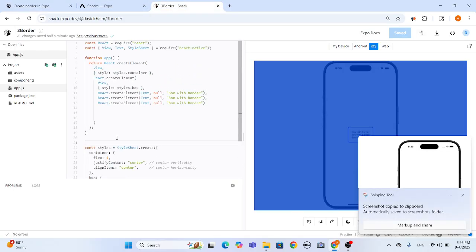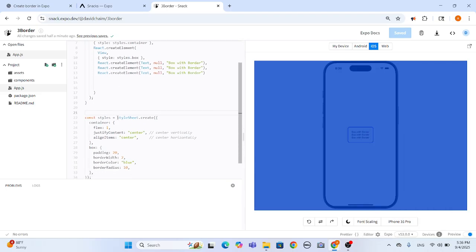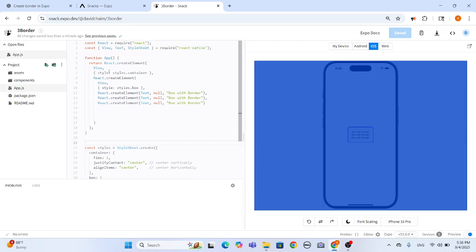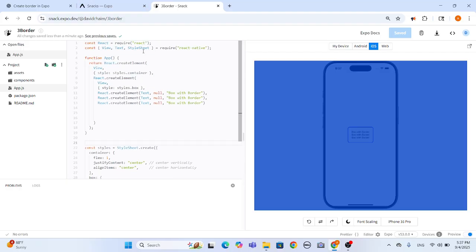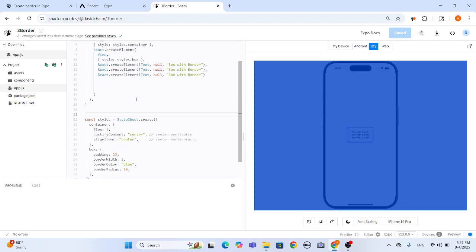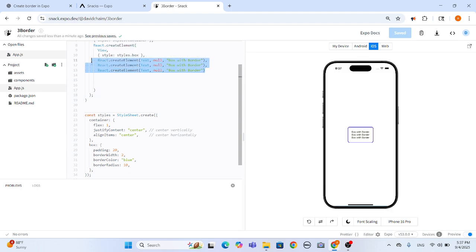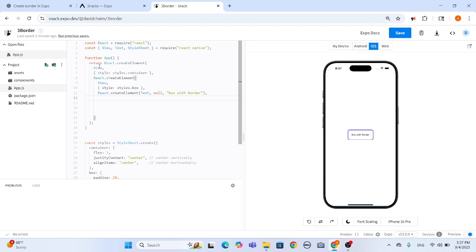Okay, so that's probably why, because view styles container, because container is applied to this one. Styles box doesn't seem like it's being applied to this one here. Okay, so we want to do